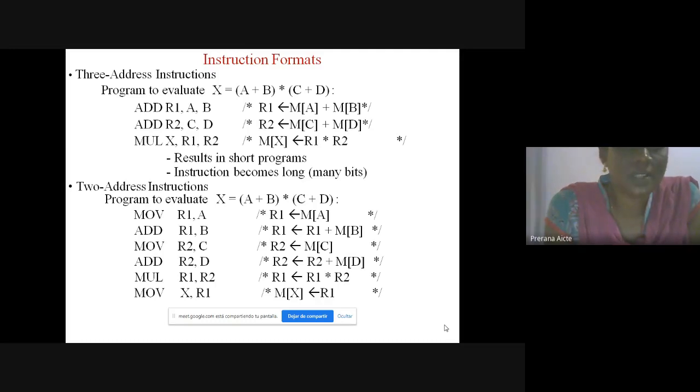The three address and two address instruction formats are used in general register organization. Next, the one address instruction format is used in accumulator organization, and the zero address instruction format is used in stack organization.